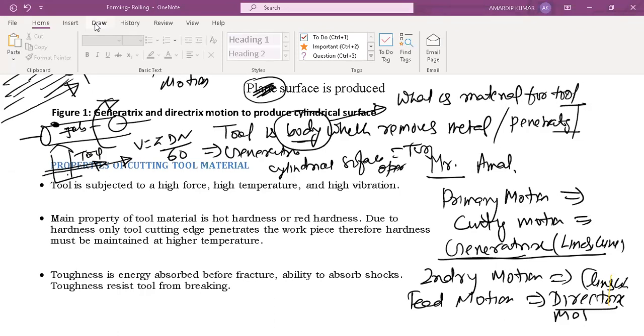So sometimes I may be wrong. My assumption will be okay, everybody got it, but sometimes it is not true. You have to ask me, like Amal asked. I can go into details, I can go to the origin of directrix, generatrix, and many things. But because that is not required here, we have to limit somewhere. We have to limit up to GATE and engineering services.